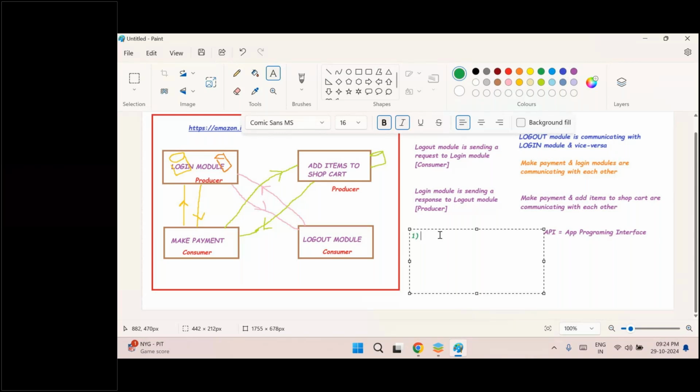Initially, the developers used text as the mode of communication between any two modules when using API technology. Later, they shifted to HTML as the mode of communication to transfer the data from one module to another module using APIs. Later, they shifted to XML, and right now they are using JSON, and a few organizations are using YAML also. So these are the data descriptive languages,